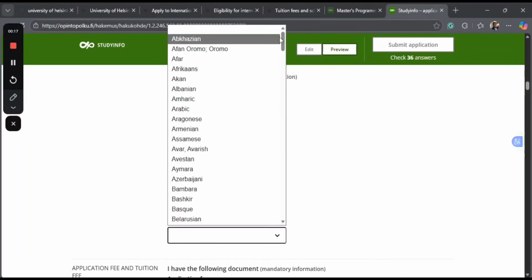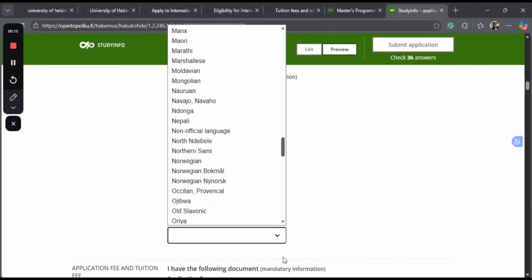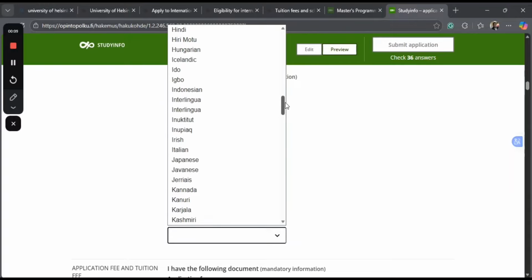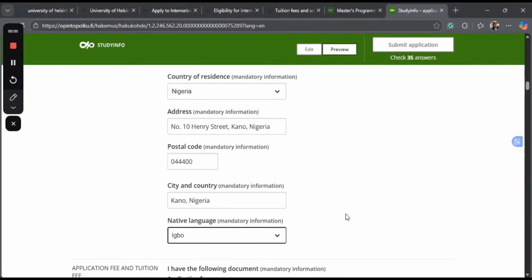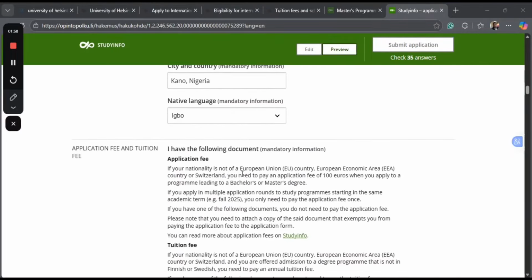Native language. My native language is obviously Igbo. So I have to look for Igbo language here. I have to look for letter I. They should have Igbo. Okay, yeah, there you go. This is Igbo. Yeah, so after choosing your native language, you have to read about the application and tuition